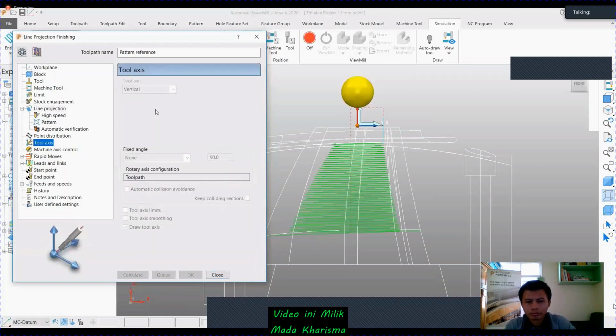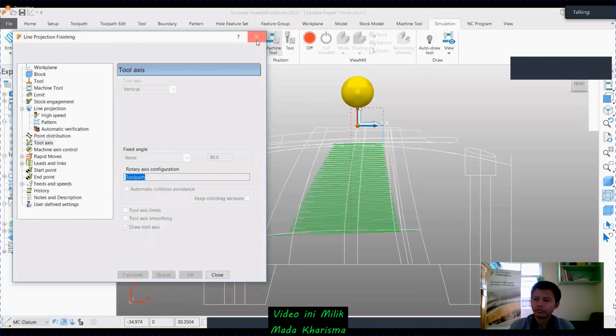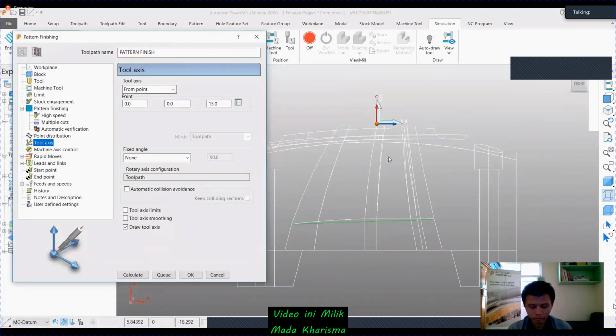Now I'm going to use this toolpath as reference in the pattern finishing strategy, and my tool axis is from point. If you see, my tool axis is from point, 15 mm from above. My 0 is here, and 15 mm is above the XY plane.